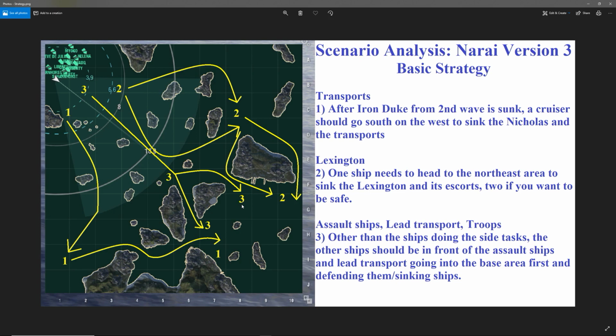If there's no destroyer, if you have Scharnhorst or Gneisenau, usually those are pretty good options to finish once you've whittled down the Missouri. And other than just sinking ships and defending, as long as you keep the transport safe, there shouldn't be much issue. For where the transports go, they pretty much follow